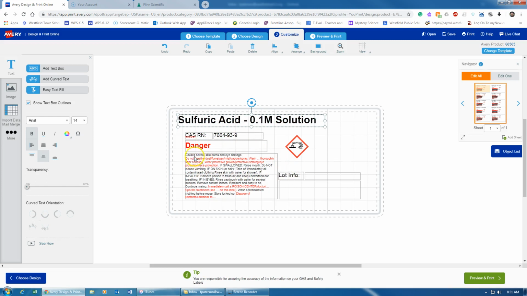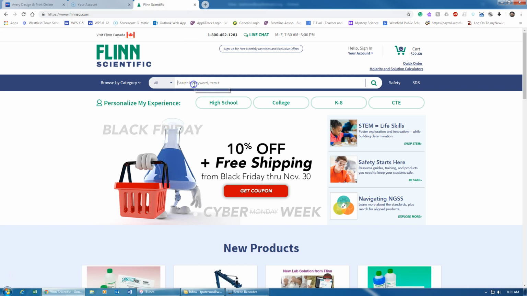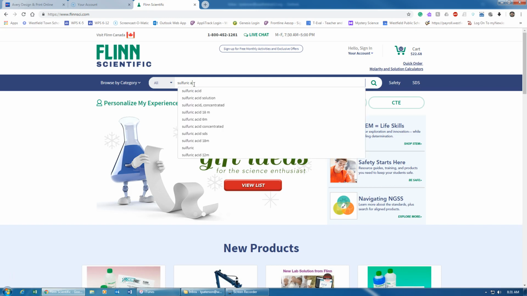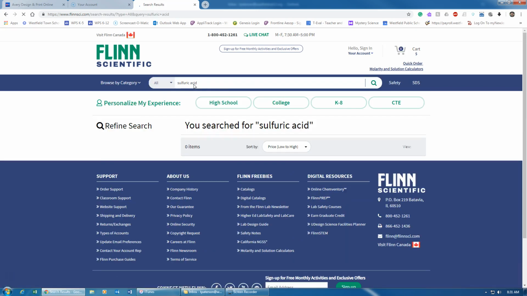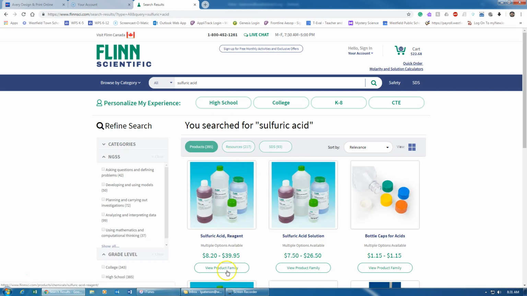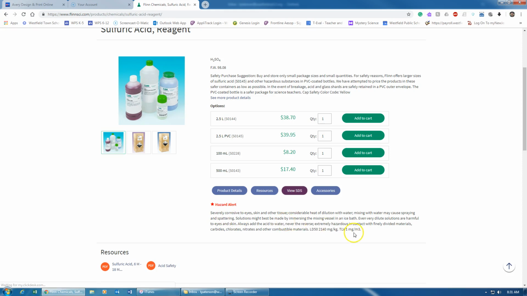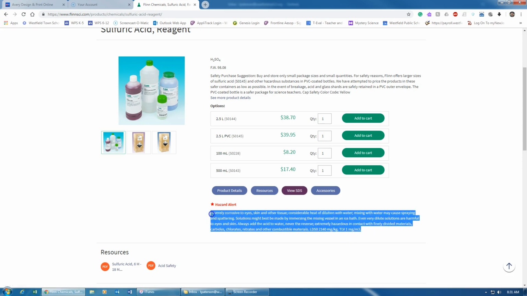One thing you'll notice is that here, the cautionary statements, there's some red text, and that's because they're assuming that you would want to modify that. These cautionary statements are okay, but they're not great. A place where I think there's better cautionary statements is from Flynn. So if we search for sulfuric acid in Flynn, we'll choose the product family here and come down to the hazard alert. This one pretty much does a good job of saying it all, and we could just copy